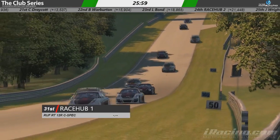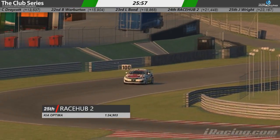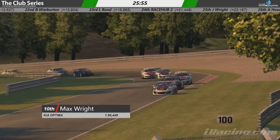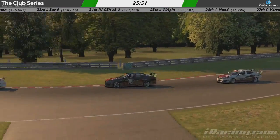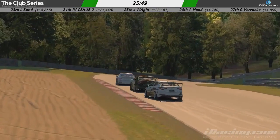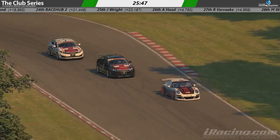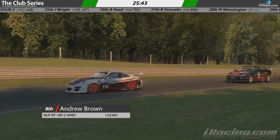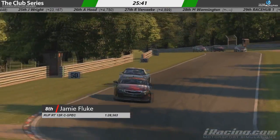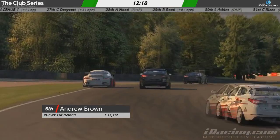So Max Wright making a couple of positions here, but yeah, Andrew Brown, a lot of damage on that rough now, on that C-Spec, and he's carrying on here. But as I say, Jamie Fluke, he's a man on a mission. He's determined to get through. He started in 19th. He's currently up in 8th place now as Daniel Kraft and Ian Roskell, and they're giving